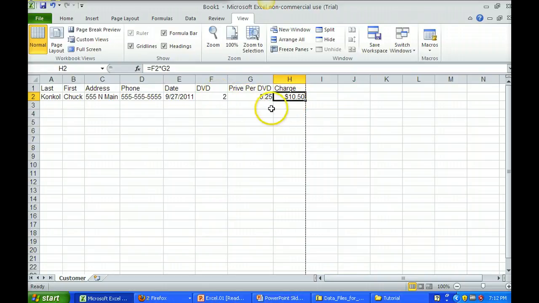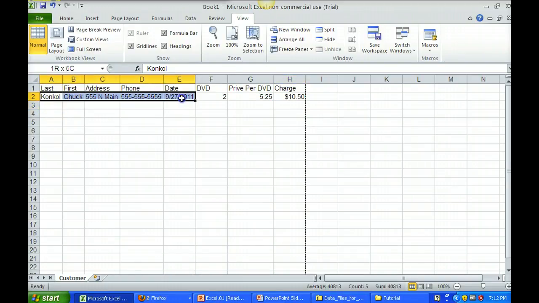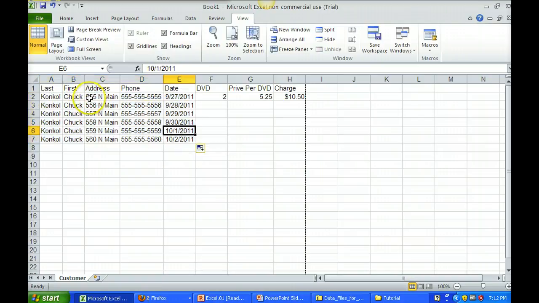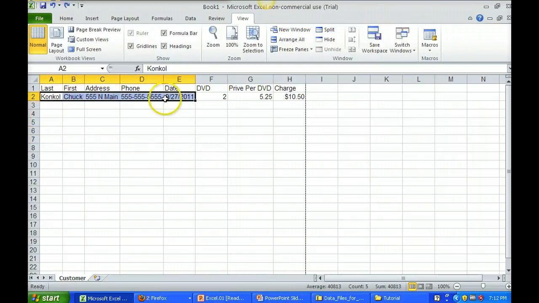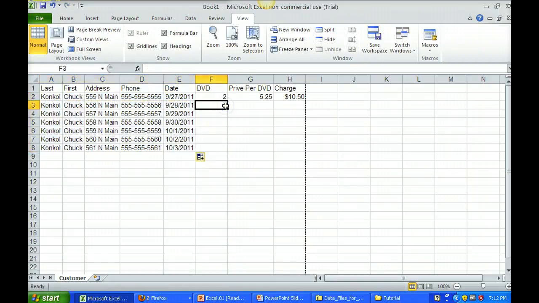currency. And what's really neat about it is I'm going to pretend that I've already entered a whole bunch of information here. I'm just going to duplicate this information. One of the things I just showed you was that Excel allows you to highlight an area, whether one cell or multiple cells, and then this little black box allows you to click on it and drag it down to duplicate. I'm going to do the same here, but I'm going to change the numbers to be a little different just to show you